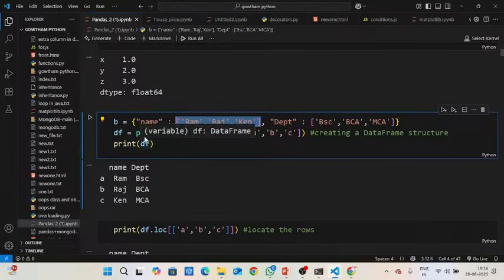Here I am going to call the Pandas library because I know the Pandas library supports this, so I am mentioning pd, and then I am calling a DataFrame. DataFrame means we can load the dictionary format, and then I am calling that B variable, because the B variable consists of this data. I load the B variable and also mention the index value. If you do not mention it, as I said before, it will print like 0, 1, 2.